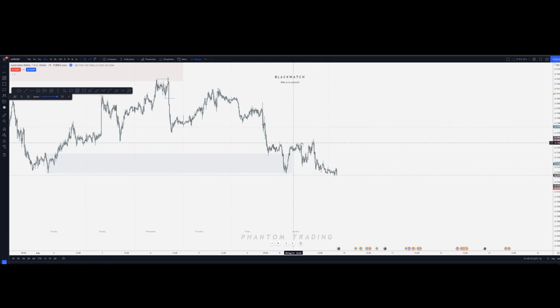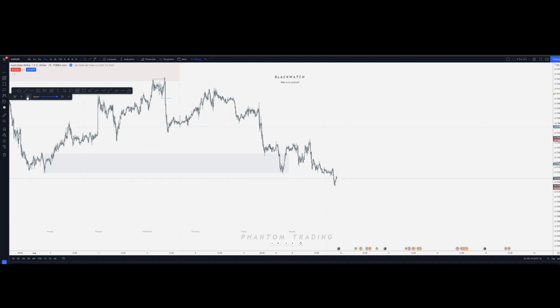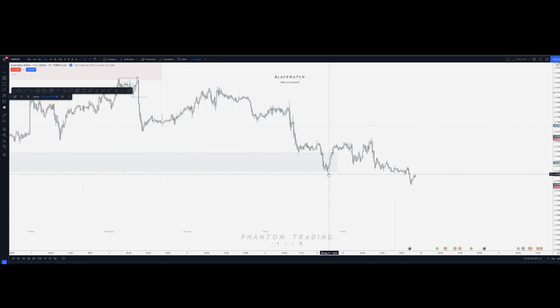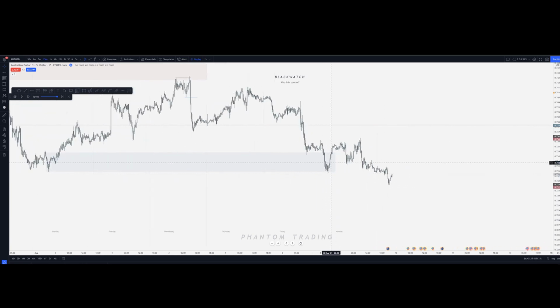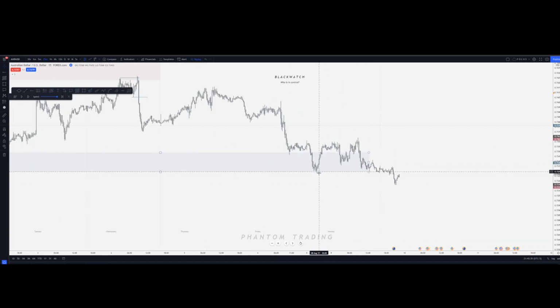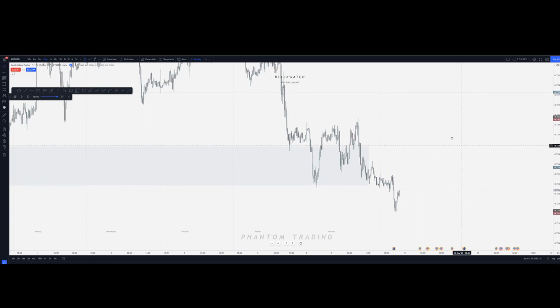Now, this failure of supply wasn't exactly ideal anyway, right? Okay, fine. Like I said earlier, this failure of demand isn't exactly the sexiest. It's not the best, right? This is a much better indication that demand is failing and the supply is in control. This wick here, it's nice. It definitely implies that supply is in control, but seeing something like this is nice. So let's see what happens next.